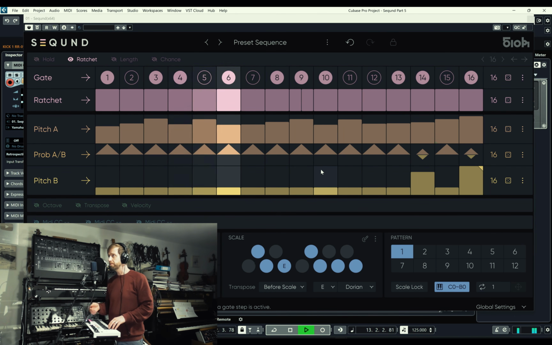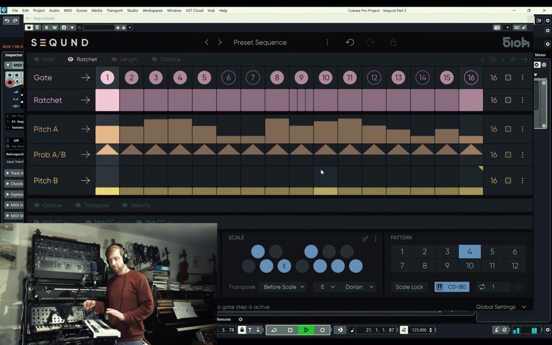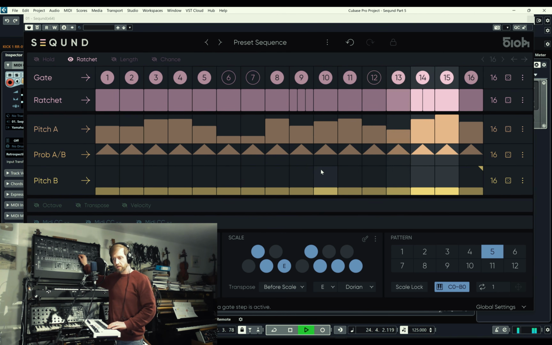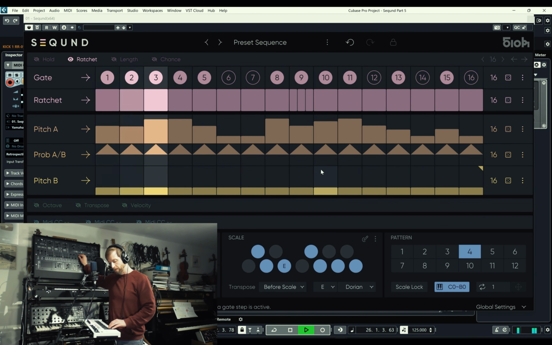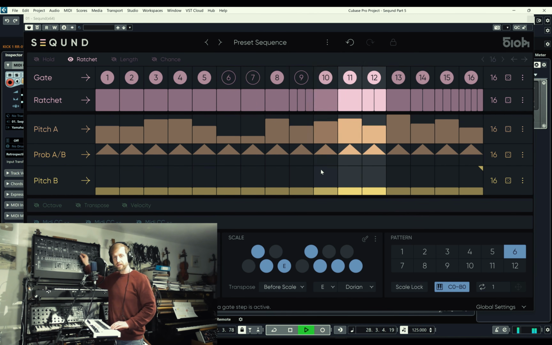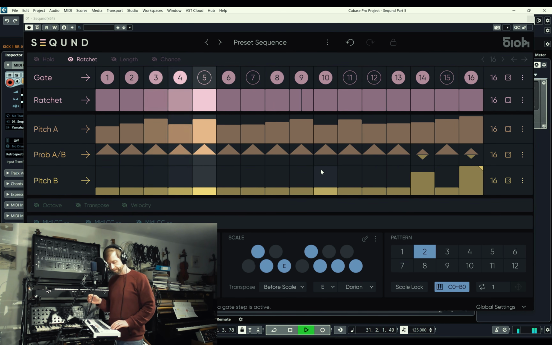So we could go pattern 1, pattern 1, pattern 2, pattern 1, pattern 1, pattern 1, pattern 2, pattern 3, pattern 4, pattern 4, pattern 5, pattern 4, pattern 4, pattern 5, pattern 6, back to pattern 1, pattern 1, pattern 2,